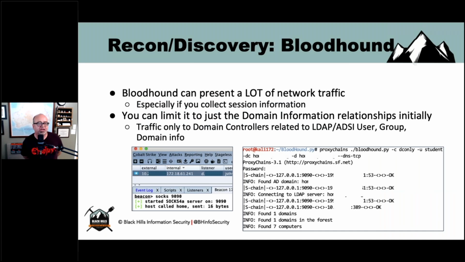Bloodhound, for example, can present a lot of network traffic, especially if you collect session information. Something you can do with Bloodhound is limit it just to domain information relationships initially. In other words, steer the traffic just to the domain controllers. So in this example, I've got a Cobalt Strike